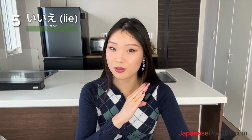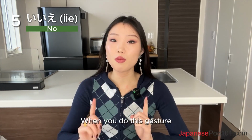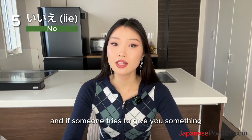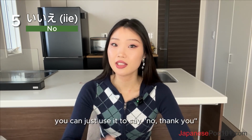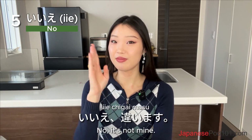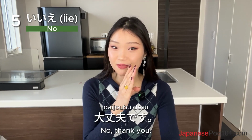Number five. This means no. In Japan, moving your hand in front of your face with thumb toward you and pinky away means no. When you do this gesture after someone asks you to do something, it basically means no, you can't do it. And if someone tries to give you something that you don't need, you can just use it to say no, thank you. For example, これはサーヤさんのですか？いいえ、違います。これ食べますか？大丈夫です。